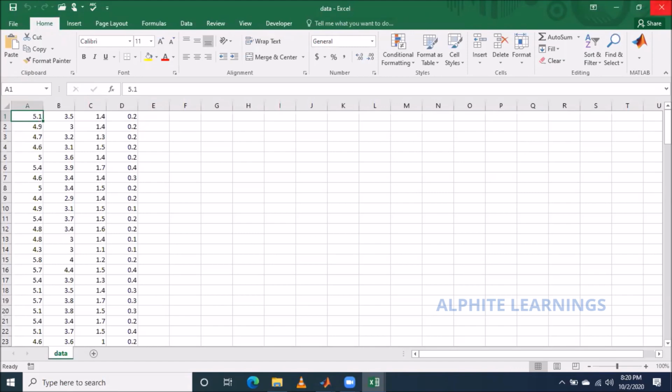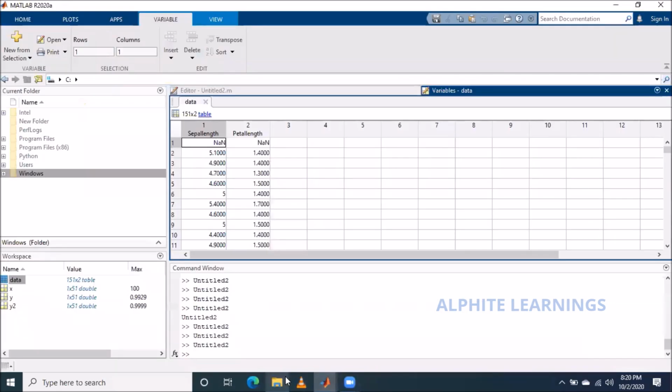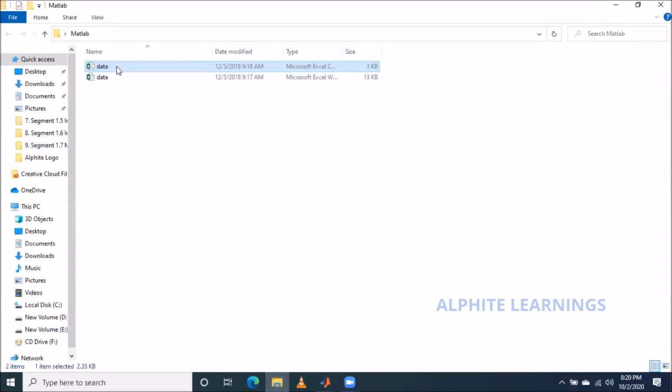So what I'm doing here, instead of directly using import as I usually do, is now I'm going to use a command called csvread. I'm going to read a CSV file. For that, I want to mention where the CSV file is. To say where the file is, if you click here, it will give you the path where you have saved it. You just copy that.